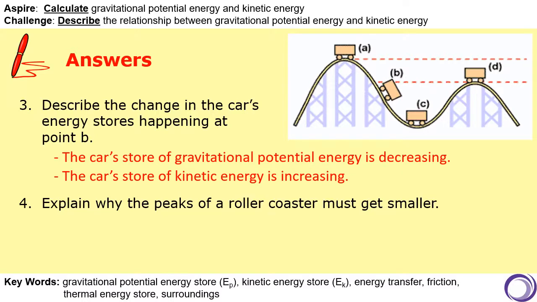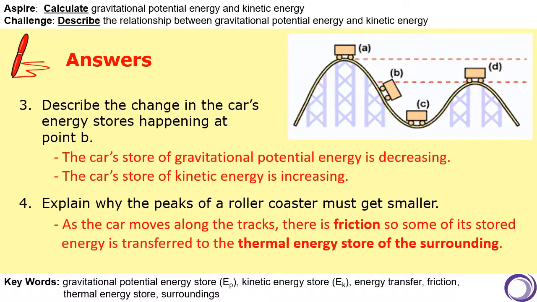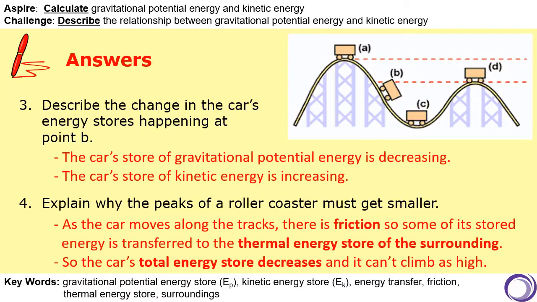And question 4, why is it that the peaks of a roller coaster must get smaller? The reason for this is that as the car moves along the tracks, there is going to be friction, and there will also be air resistance. So some of the energy stored in the car is going to be transferred to the thermal energy store of the surroundings. So what this means is that the car's total energy store decreases,